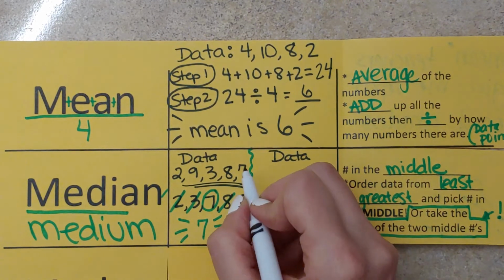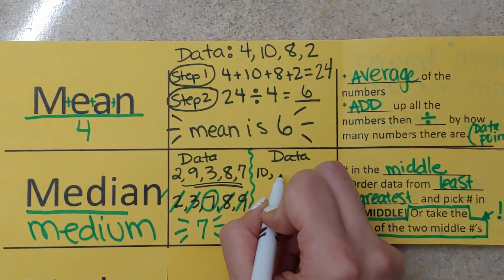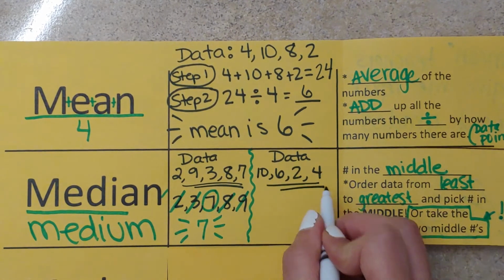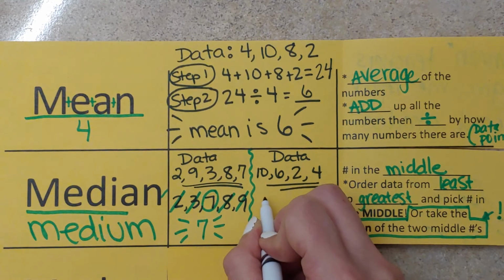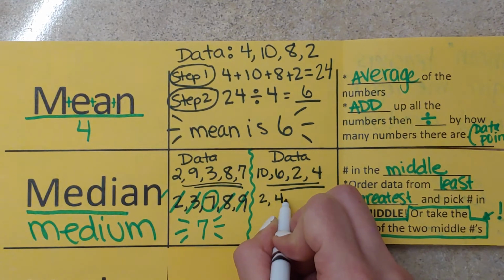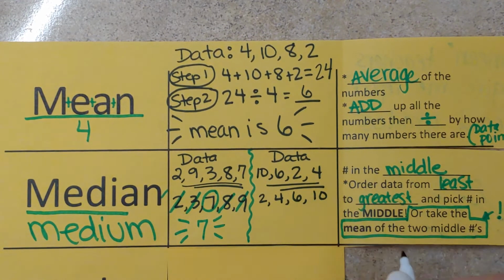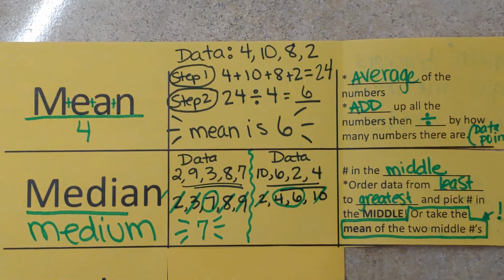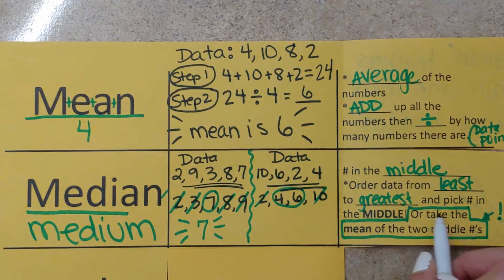Then our second example, let's do 10, 6, 2, and 4. All right, again, order from least to greatest: 2, 4, 6, and 10. And if we were to mark our way through, we've got two numbers in the middle. And this one's kind of obvious, right? What number is in the middle of 4 and 6? 5, right? It's not always going to be that easy, so we're going to put into practice our plan B